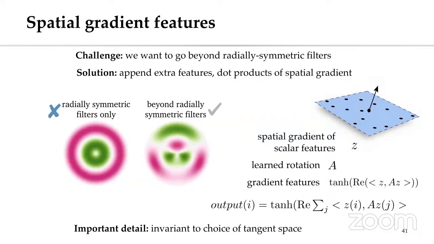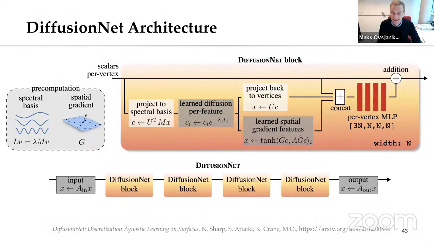Is it correct? So maybe let me show the overall pipeline, it might be a little bit more clear. The first step is, we have some input to the network. Then we have the projection of this input into the spectral basis. This is just the coefficients. Then we have this learned diffusion, and this is a homogeneous diffusion. You see this t_j is basically a fixed time per block, but it doesn't depend on the eigenvalue or on the data.